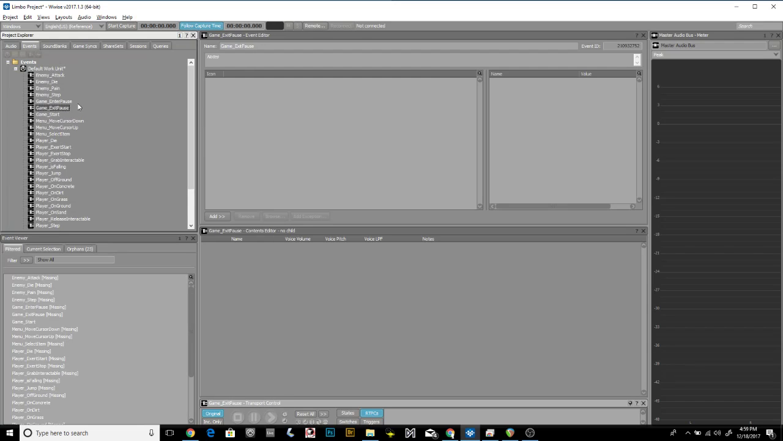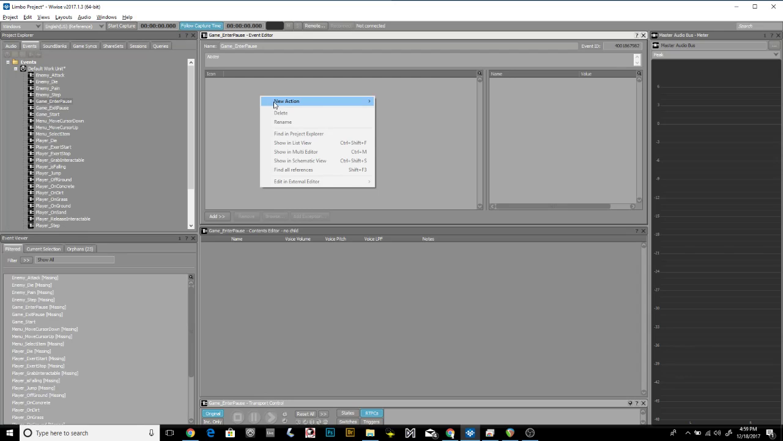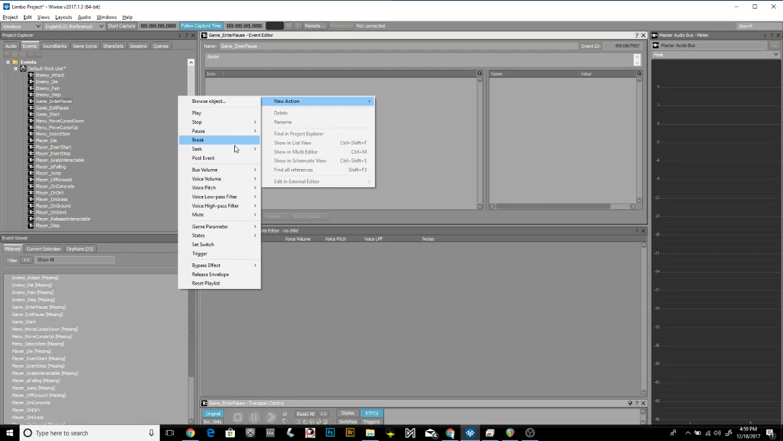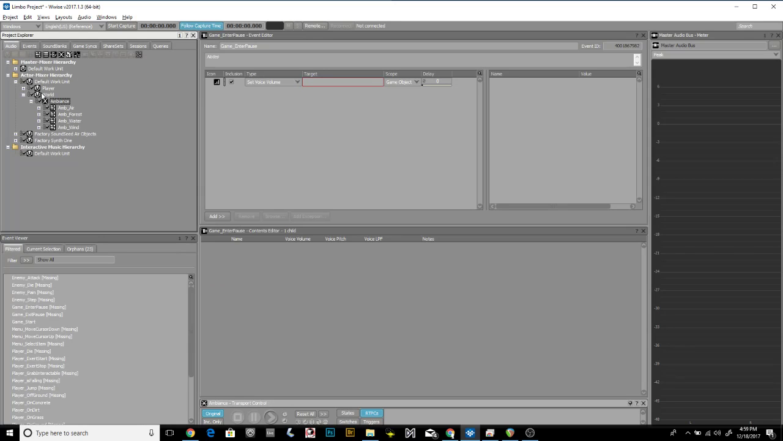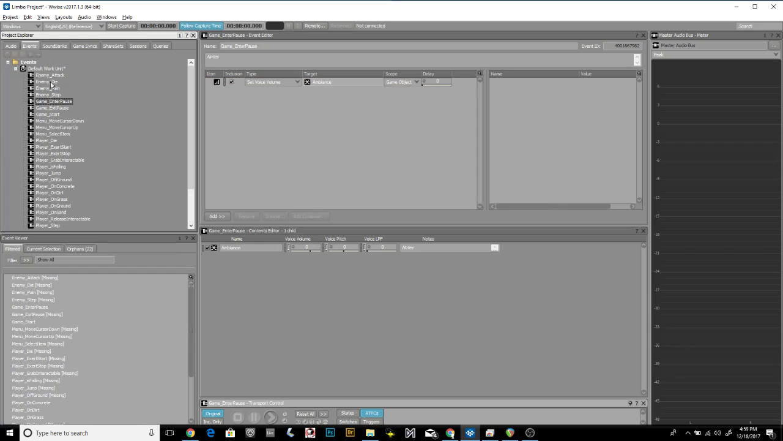Game enter pause, exit pause. These two events we're going to want to use to turn down our ambience. So let's go to game enter pause. We're going to go to new action, and we're going to use set voice volume, and let's drag our ambience over there so it knows what we're talking about. Okay, that's one. And then on exit pause, audio,